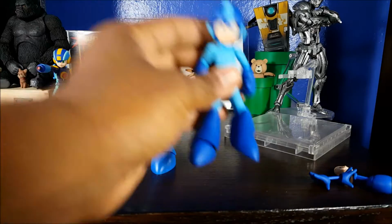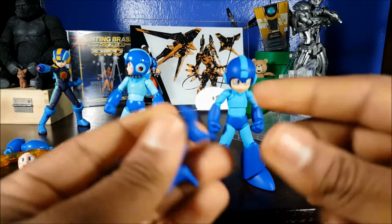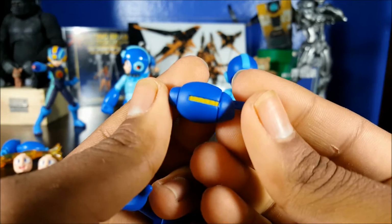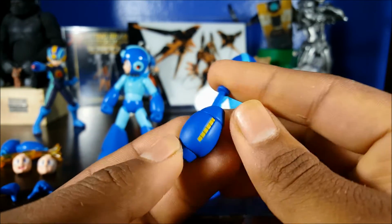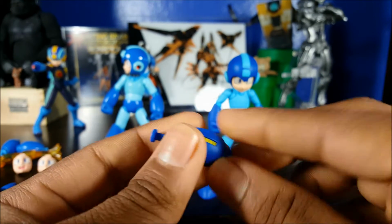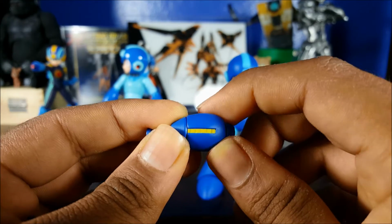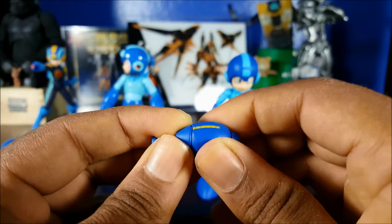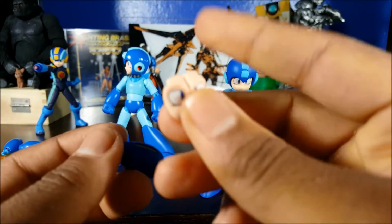For accessories, real quick. It's okay, so this is pretty much all he's coming with. One buster, which you can actually move. You can put this on either left or right arm. It's actually the display piece for the solar energy. You can move it left or right, depending on what arm you have it on. So that's pretty cool. This angry face,